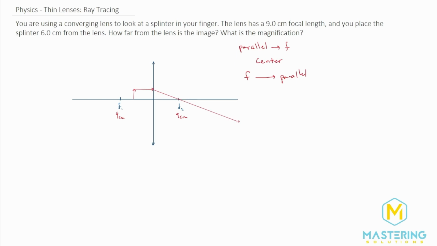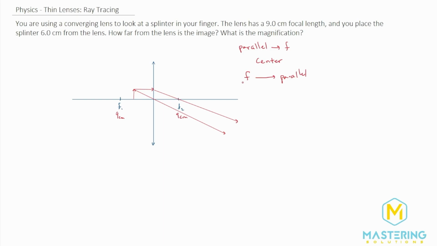So right like that. Now we're going to start here, and then we're going to do one through the center of the lens. You can see already in our picture that these are not ever going to intersect. They're actually diverging away from each other, and that's because we're on the inside of the focal point. That'll be really apparent, of course, when we do our last one.